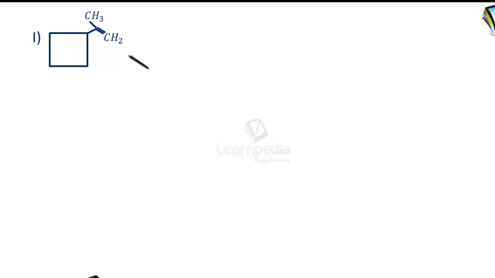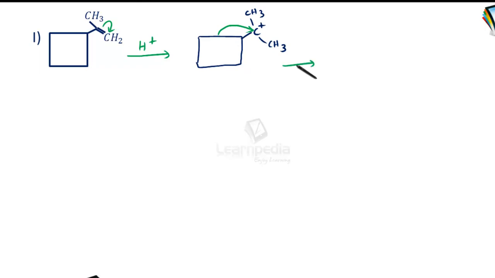takes place. And in this, the first step is the attack of the electrophile in order to form a carbocation. So here we get a carbocation, which is like this. As there is a possibility of a 5-membered ring here, ring expansion takes place because we know that 5-membered or 6-membered rings are more stable when compared to the 4-membered ring. So in this particular way, the ring expansion takes place. So now we get a 5-membered ring and it looks like this.